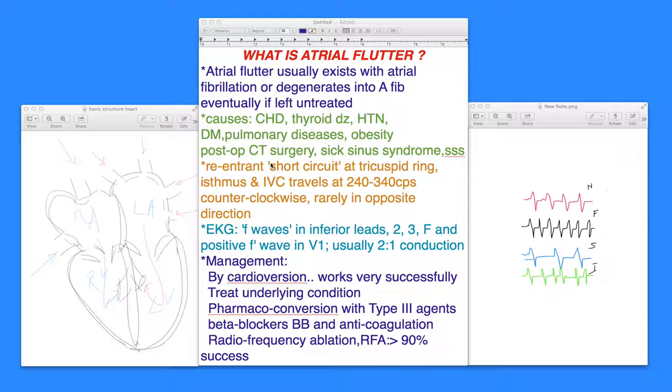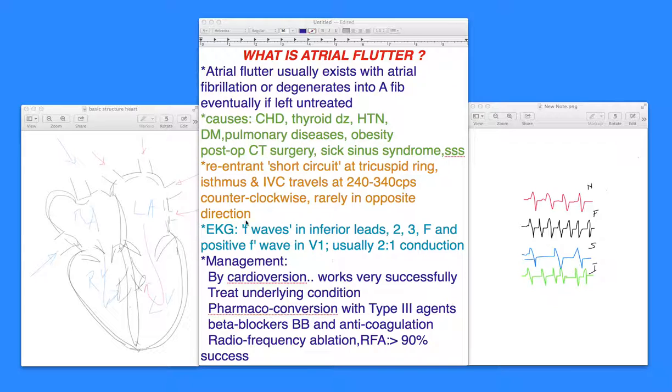Sometimes we see it even after post-op cardiothoracic surgery. It may be a manifestation as part of sick sinus syndrome, which I'm going to discuss in a different video vignette. But just to let you know, on an EKG, it'll appear as F waves, which in the inferior leads 2, 3, and AVF, will show negative F waves, and a positive F wave will be seen in V1, which is the top chest